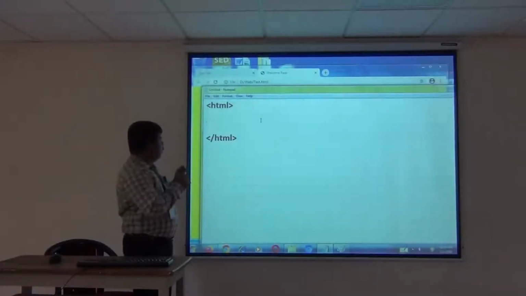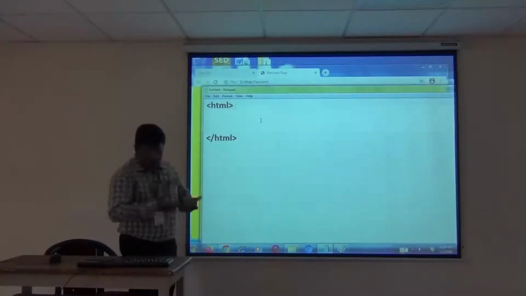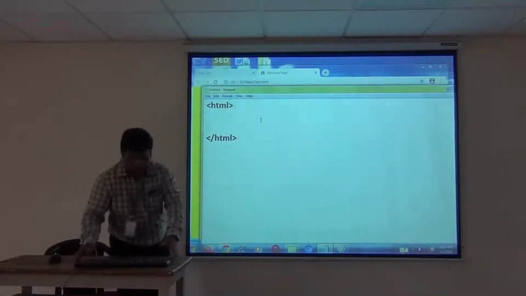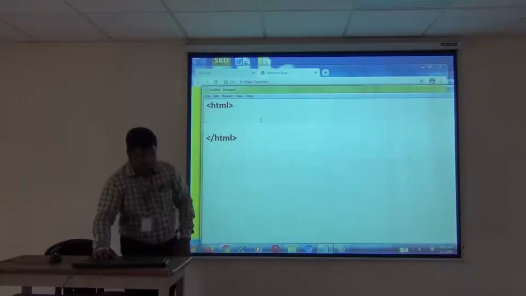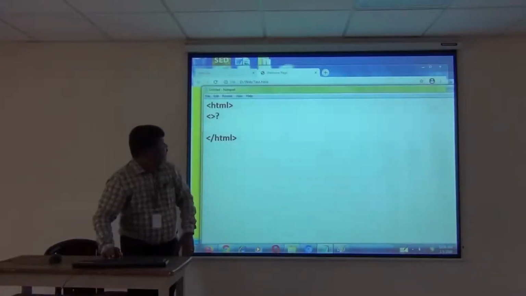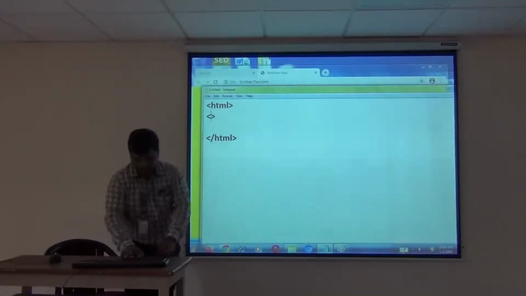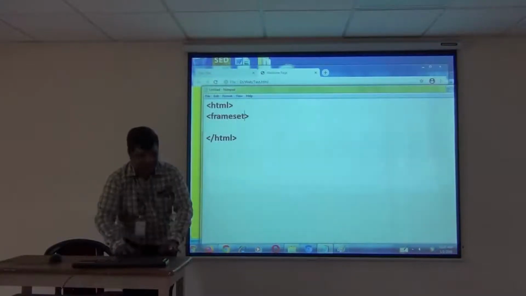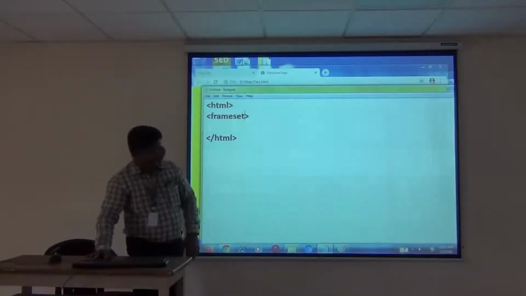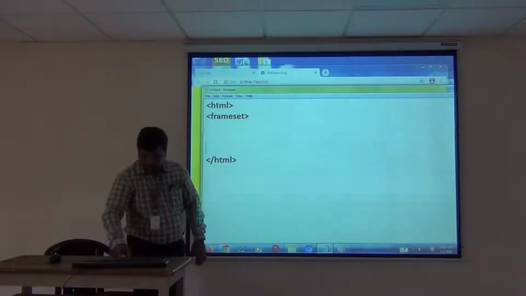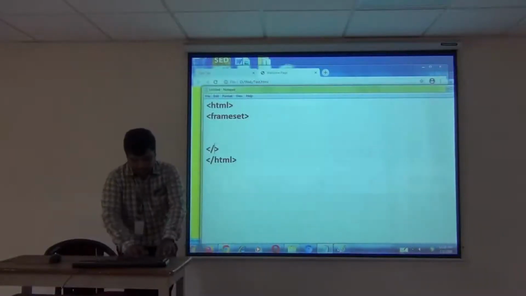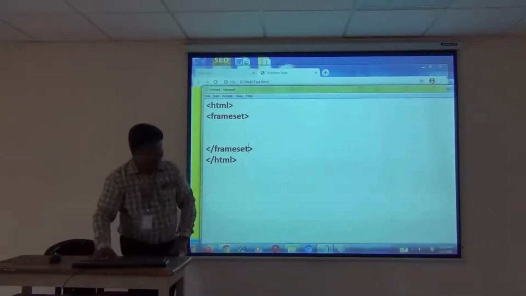So I am not going to use the body tag. Instead I am going to use the frameset tag. This is the tag name, and this is also a container tag, so I need to close the frameset.